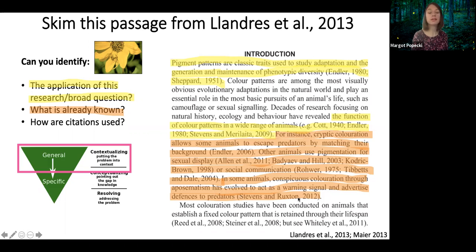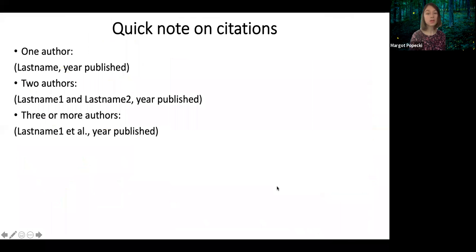So usually at the end of a paper, there'll be a reference list. These are in-text citations. So just a quick note on in-text citations. There's a very specific format that's required. So usually that will be, if there's one author, then you'll just write that author's last name and the year